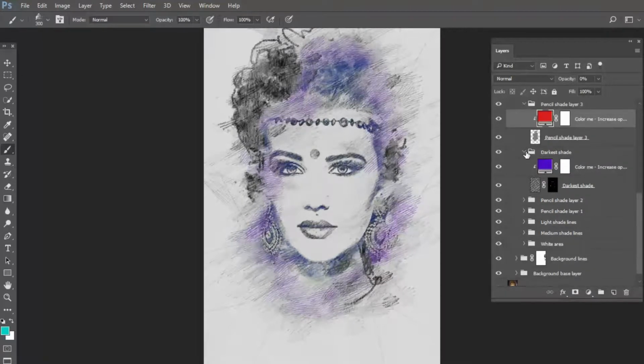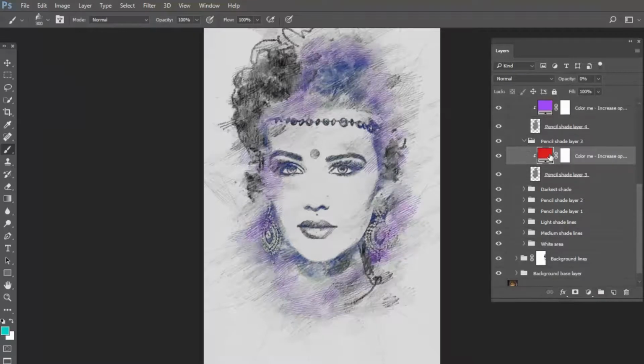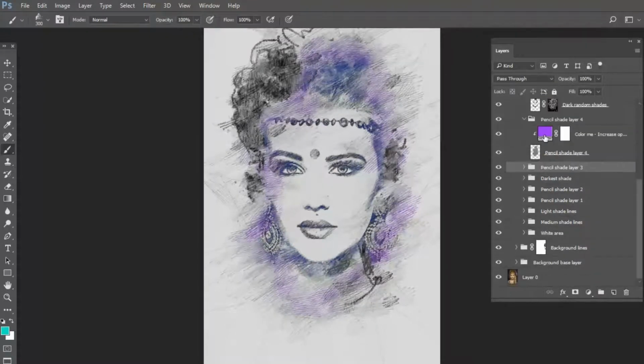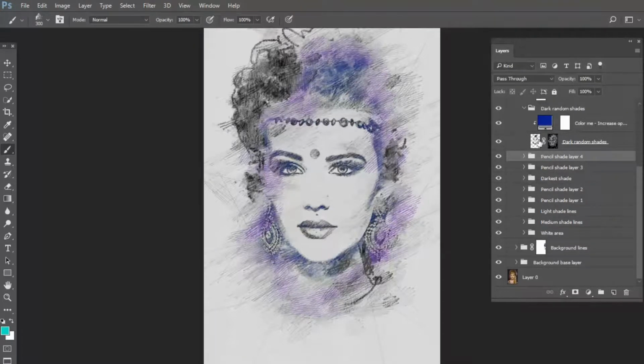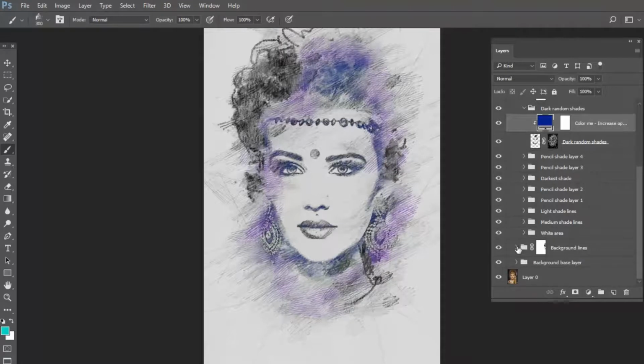Currently I am not doing it for each layer, as there is a lot of layers. You can just play it. Similarly,